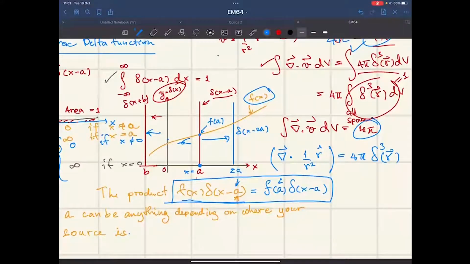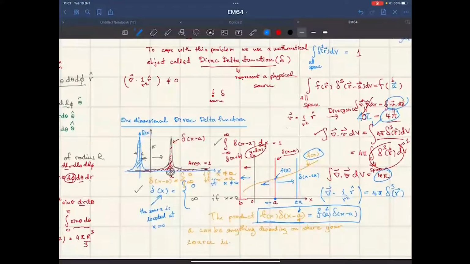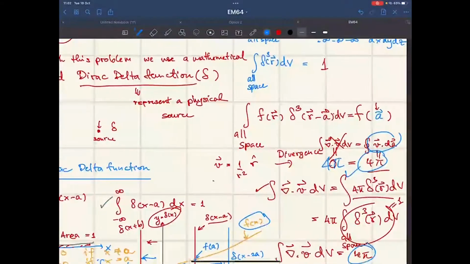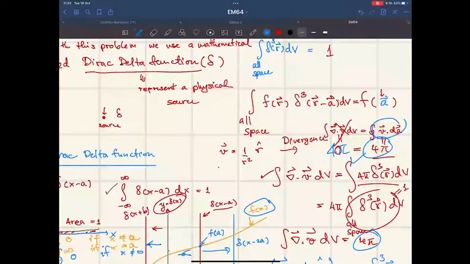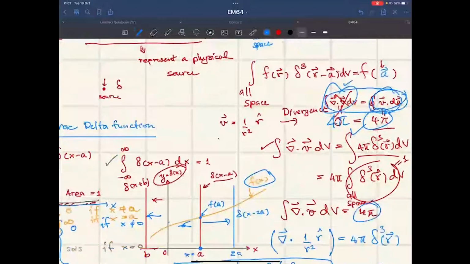Teacher, how do you know that the integral of divergence of v dV is equal to the integral of 4 pi Dirac delta function of r dV? Okay. In order to get this same result, because we believe this thing is always correct, this thing gives you 4 pi. So this thing must also give you 4 pi. So in order to give you 4 pi,